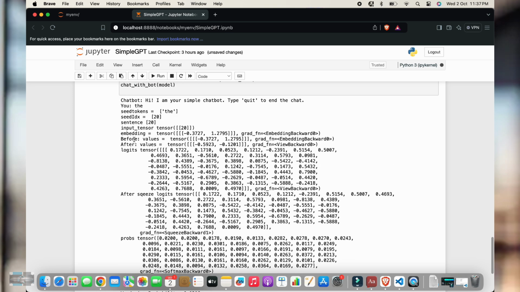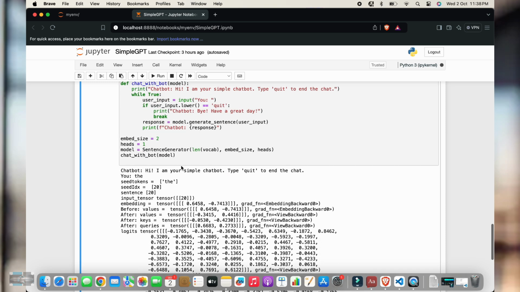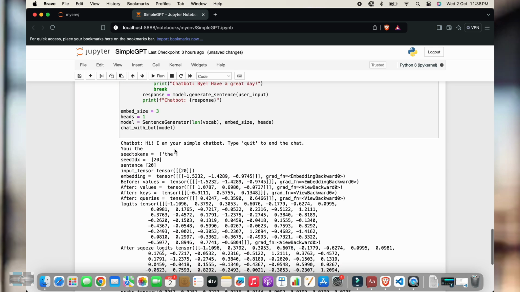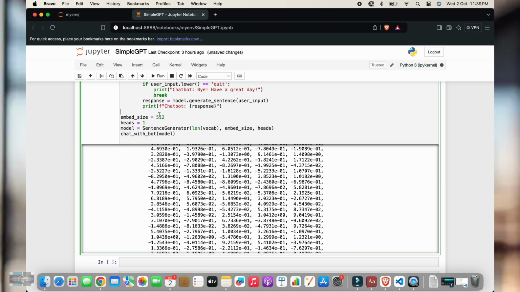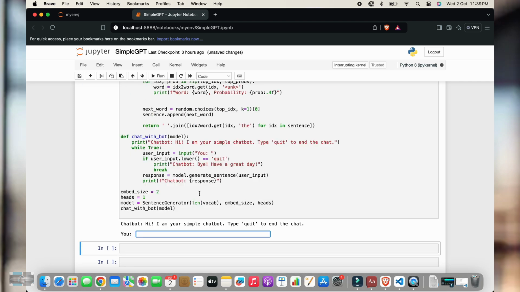You can see the embeddings that are actually converted into these vectors. The array has two integers because we specified the embed size as 2. If we convert it to 3, then the array will have 3 integers. But usually we have a lot more dimensions. As I said, we may have 512 dimensions for accurate results.